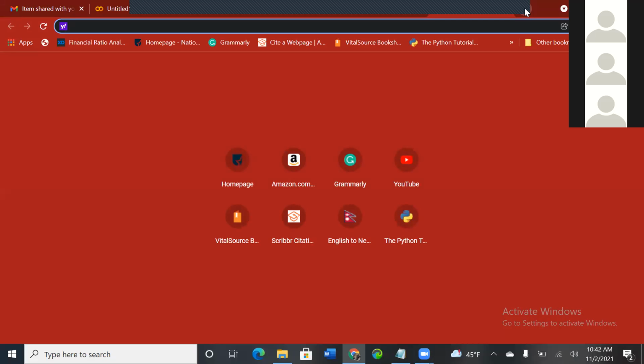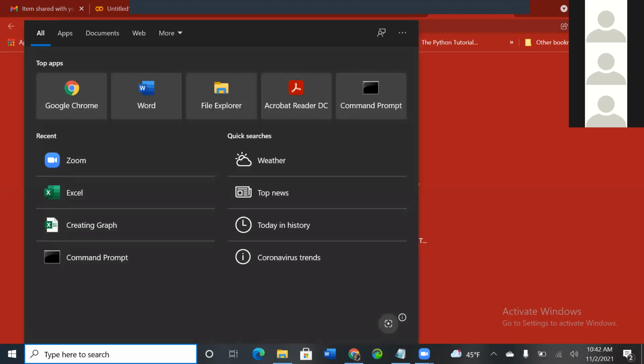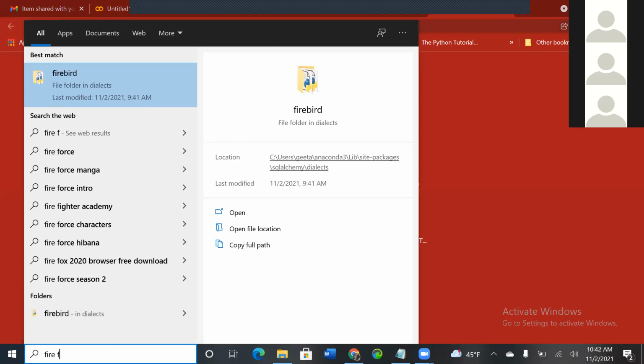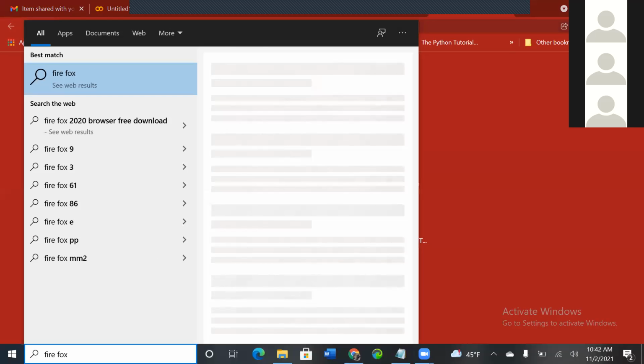Do you have any other browser? No, I just opened the new browser here. So I have to get another one. Firefox? Hmm, Firefox. Yeah, you open Firefox. Can I open it from here? Search from search. Yeah, Firefox, not firewall. Do you have Firefox? No, you don't have. You do Internet Explorer, Microsoft Edge.